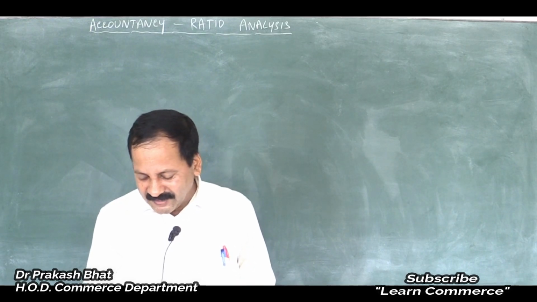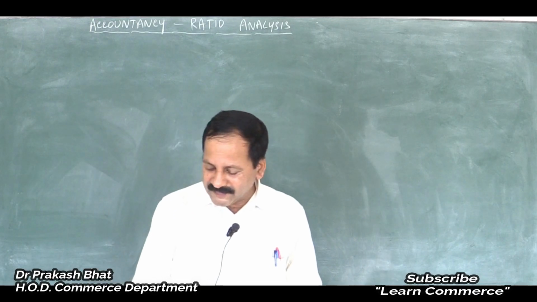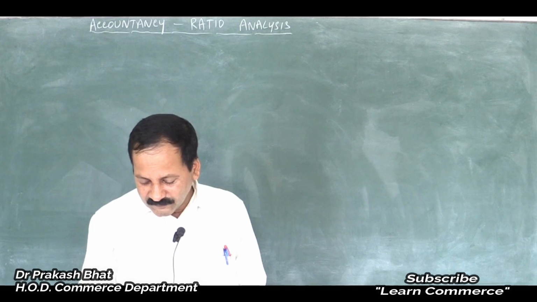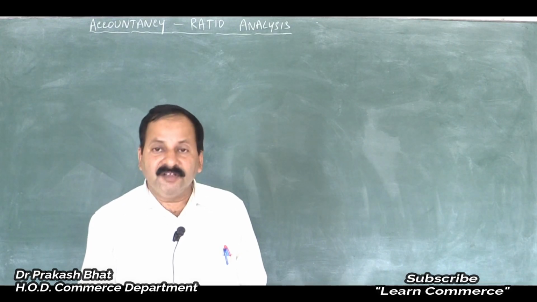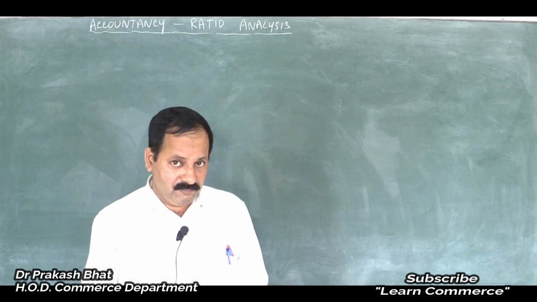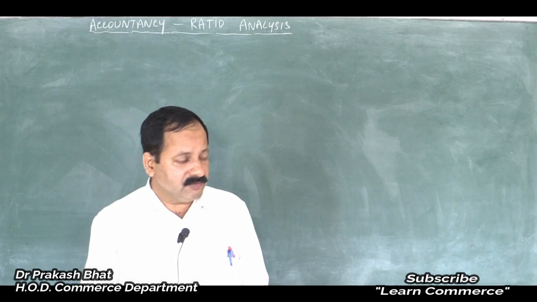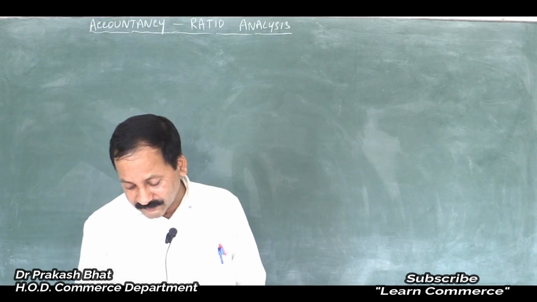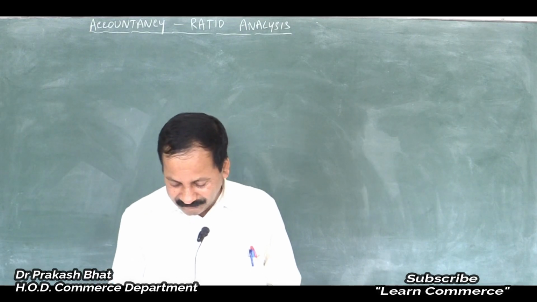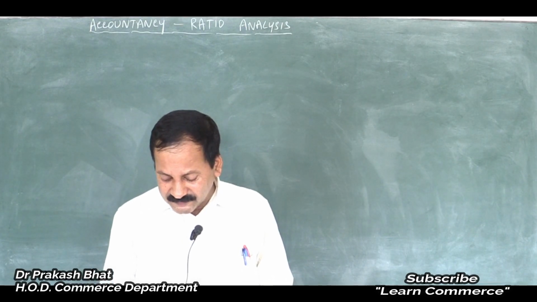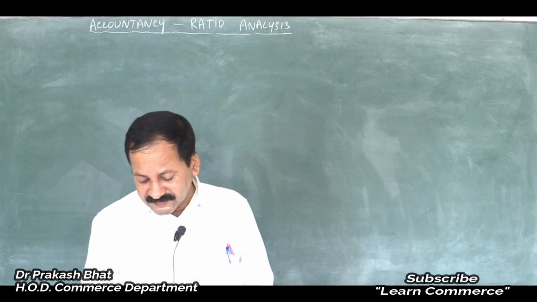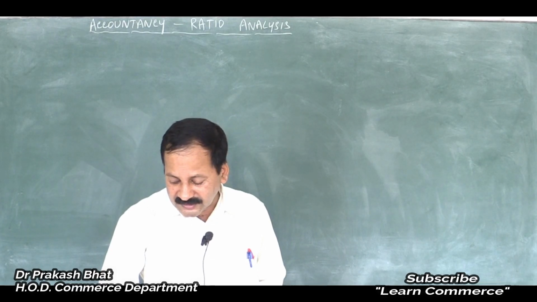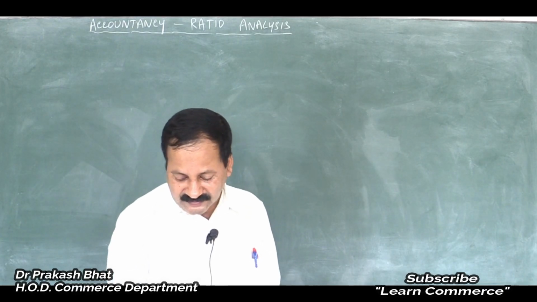The following is the summarized profit and loss account for the year ended 31st March 2018 and balance sheet as on that date. Our trading and profit and loss account is given, that is T form profit and loss account, and balance sheets are given. We have to take the figures as required to solve the problem. Opening stock, purchases, gross profit is given, sales, closing stock, then administrative expenses, selling expenses, interest, net profit, then gross profit breakdown is also given.